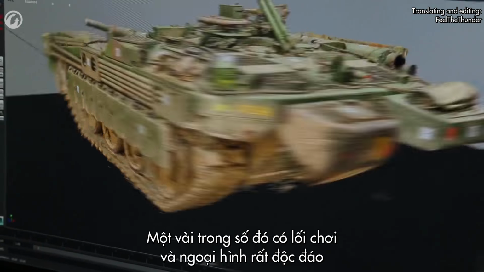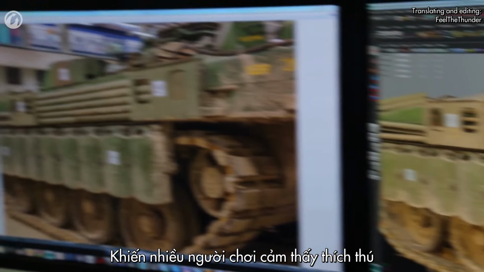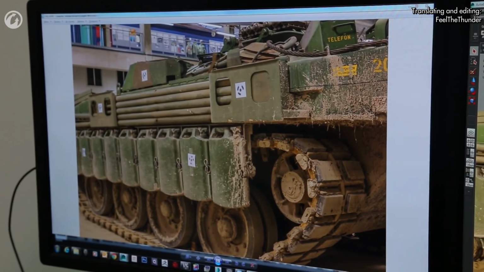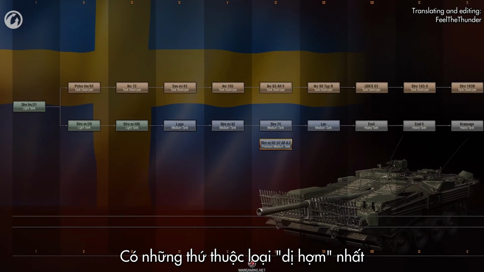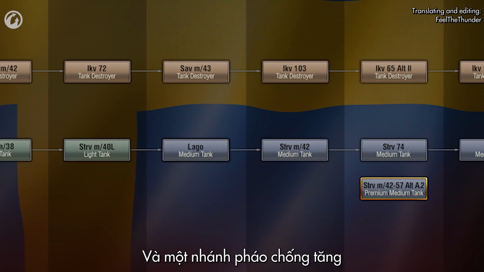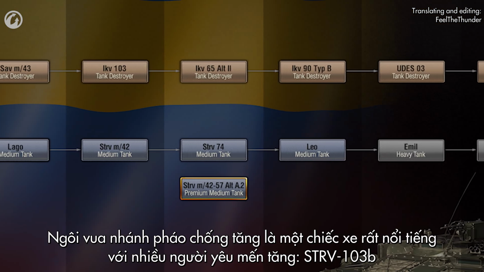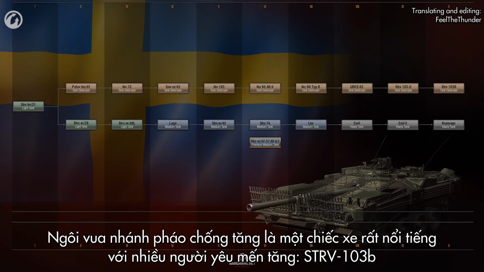Some of them have unique gameplay and an original appearance that may be interesting for many players. For now, we will add the vehicles that are the most interesting for a wide audience. They are the branch of medium and heavy tanks, and the branch of tank destroyers. The TD branch is crowned by a vehicle that is famous among tank fans, the